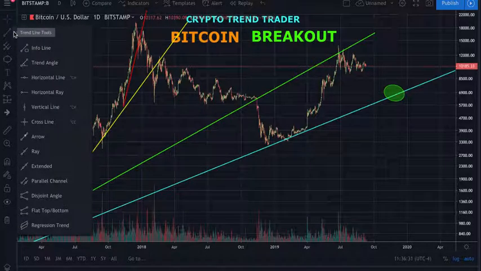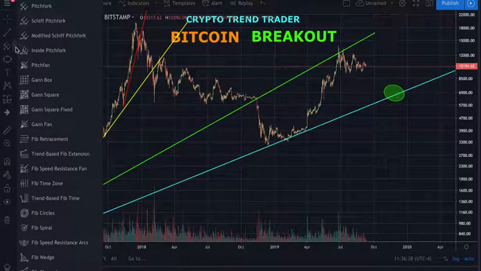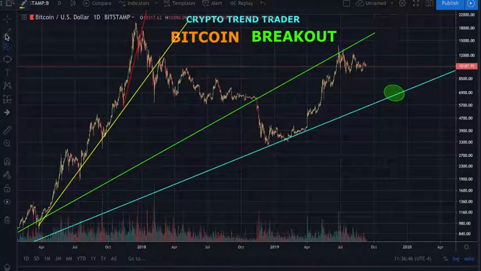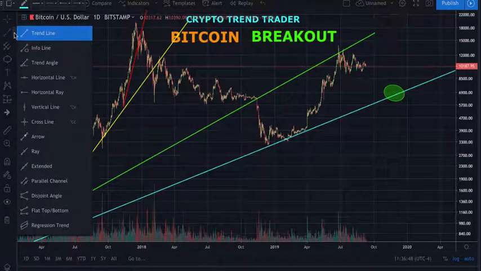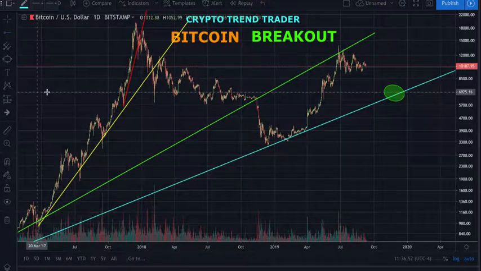Alright, and what I want to do is, man, which way do I want to do this? Do I want to do it with the actual tool? My bad. No, I was thinking if I want to use the actual triangle tool, but I don't. I want to use trend lines to do this. Okay, because what I'm going to do is